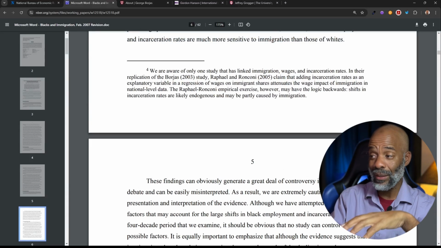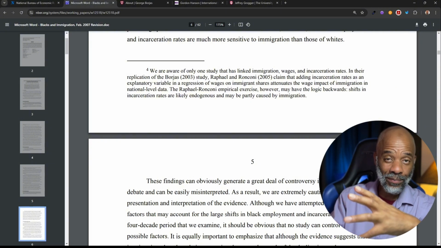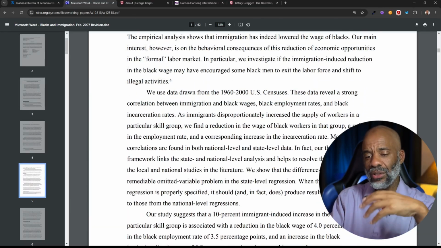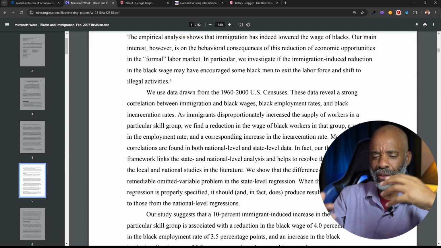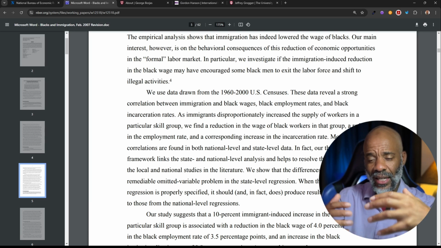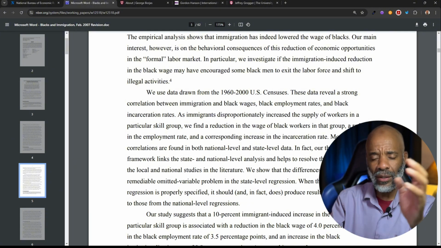And that's very interesting, because they also mention here, again, I don't want to go too deep into the paper and make this video too long, but please guys take a look at it, it's 62 pages. It's not that bad. But they also start to talk about other things I mentioned earlier. They talked about what encouraged black people to go into illegal activities, crack cocaine in the neighborhood and the sentencing issues and stuff. These are all things that I'm going to eventually talk about.